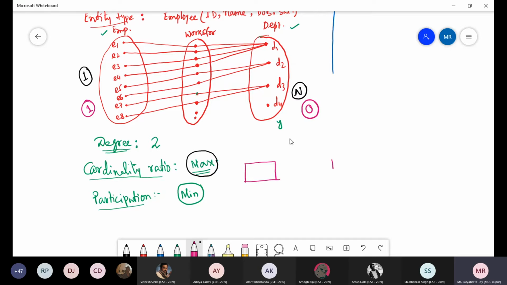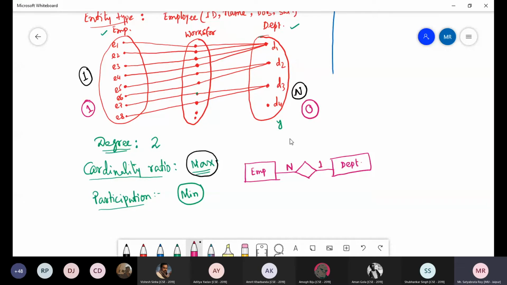Suppose that this is the employee entity and this is the department entity, and this is the relationship. Now what is the cardinality ratio? Cardinality ratio for employee is 1 and for department is n. But in this type of diagram you should just reverse the representation. That means on this side you should write n, on this side you should write 1.